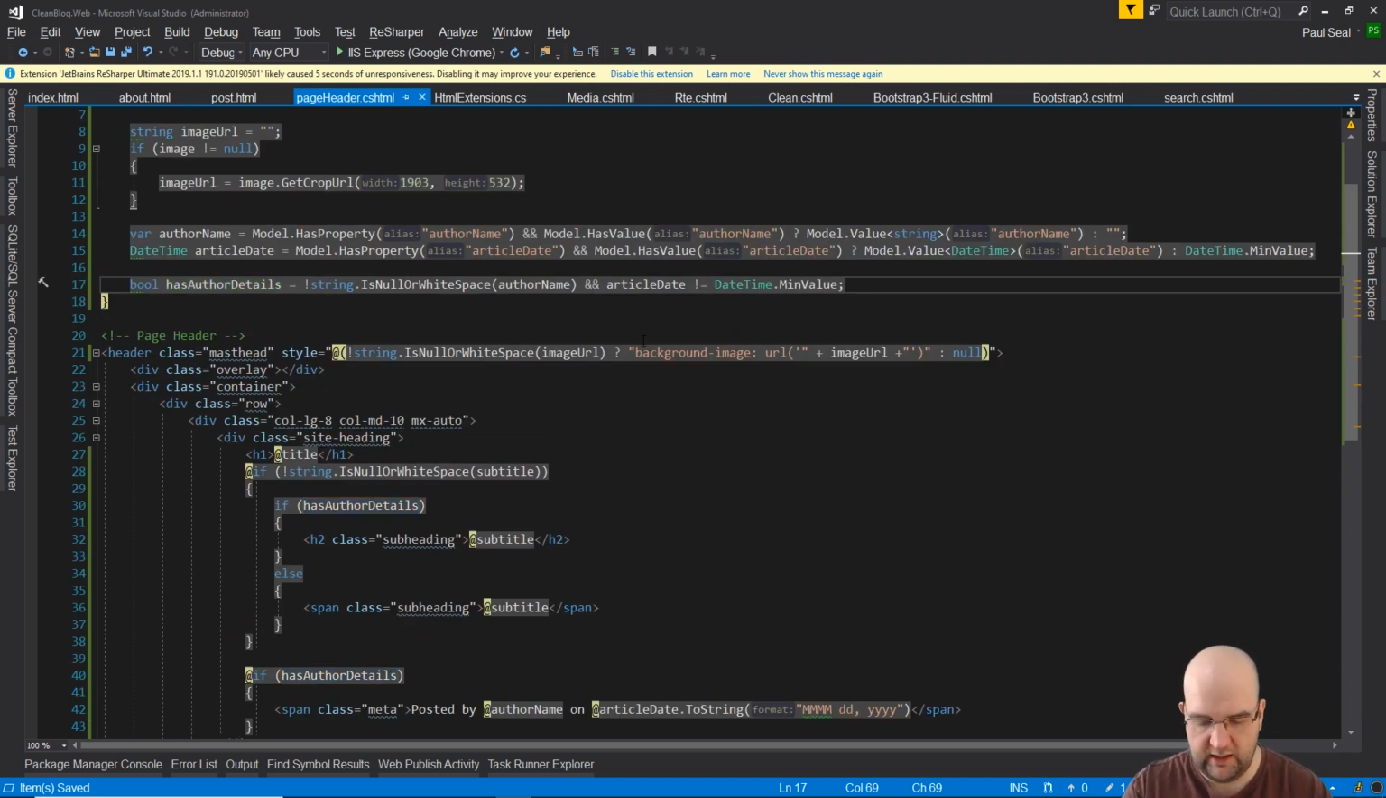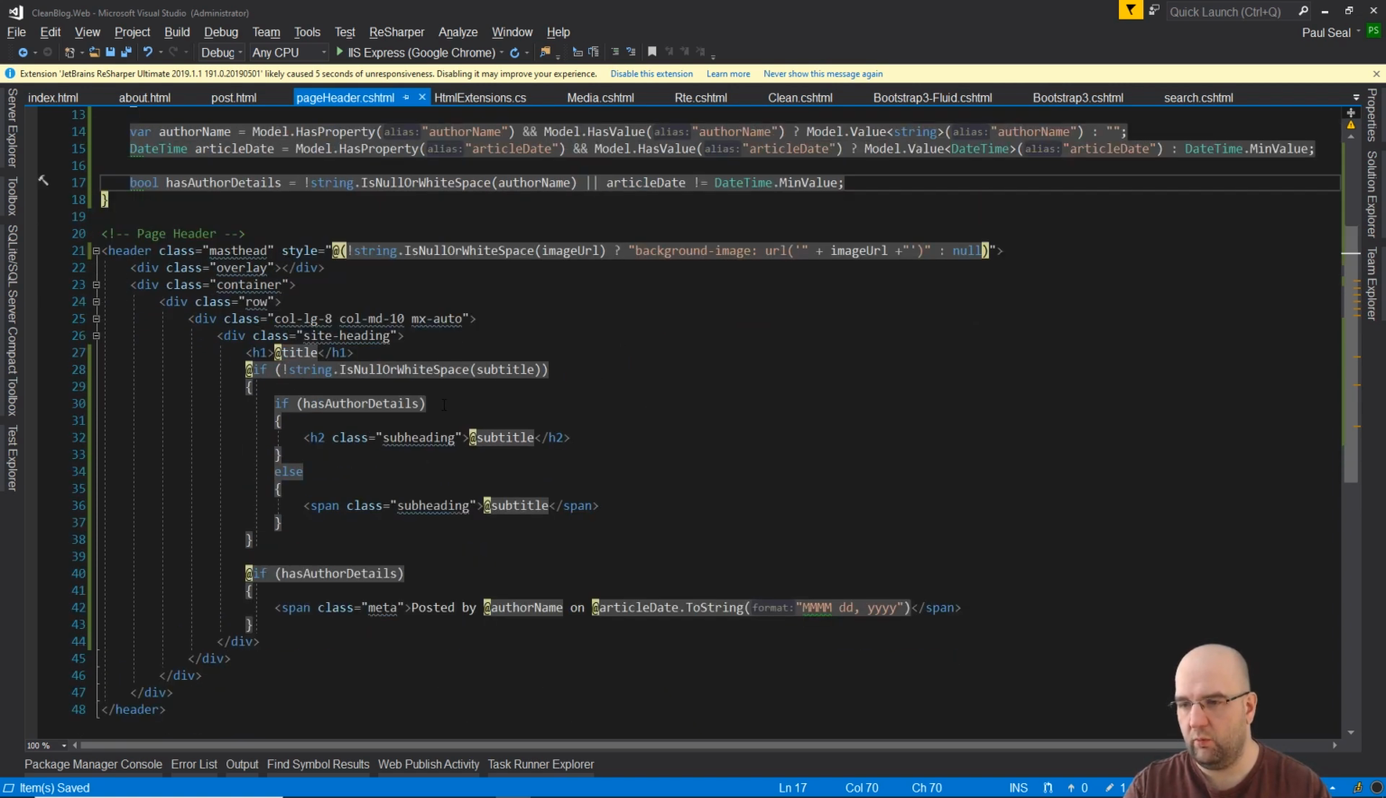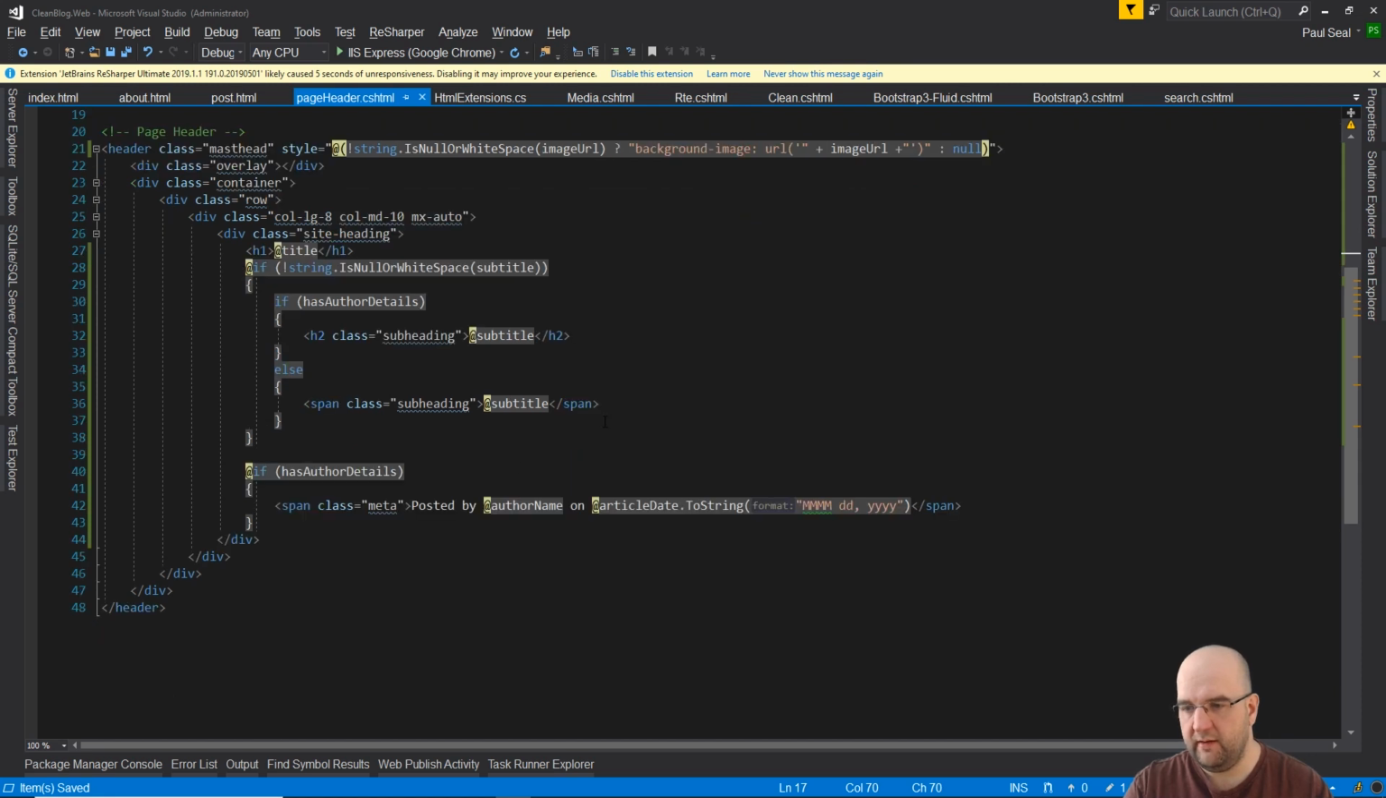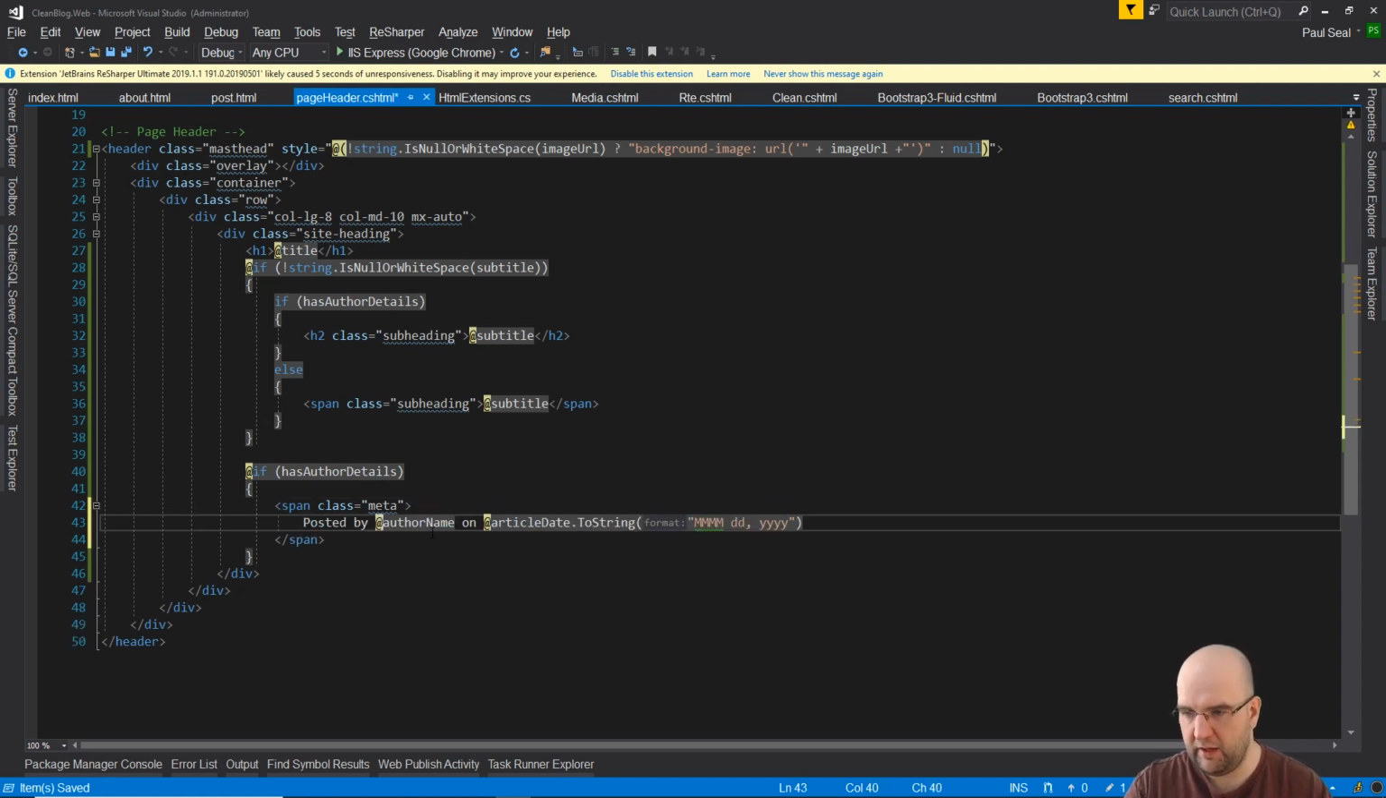what we want to do here is it doesn't necessarily have to be an "and" in the rule of has author details. It could just be an "or". So has it got an author name or an article date? So we can change that to be an or rule, and so that it still will render the H2 or a span. And then here, when we actually render this, we will need to just break this down. So the posted by author name and the on,